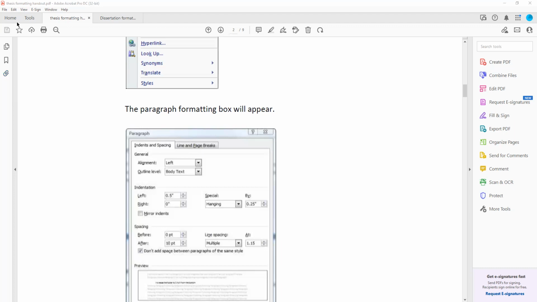Okay, let's go back to the template. All right, so here I've inserted 3-ish random pages of text for us to play with formatting. And so the first thing we notice is that the margins are set to 1.5 as if we were going to bind it. We don't want to do that. Let's highlight this text and change them to 1 inch all the way around, like so. All right. So now our margins are 1 inch all the way around.